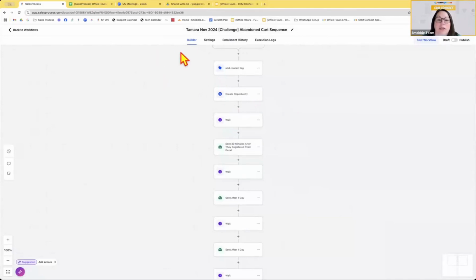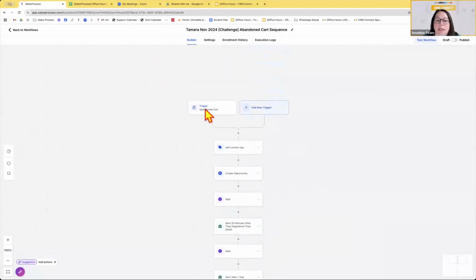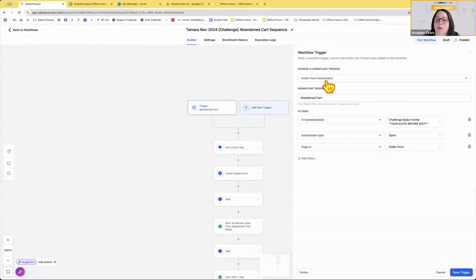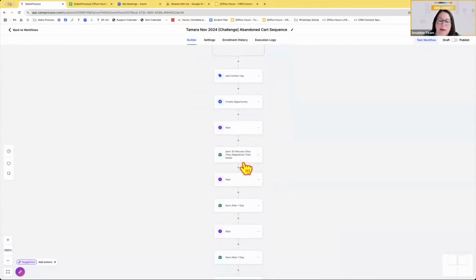For the trigger, Glory, that one is order form submission. That's your trigger, is order form submission. But you want to use the filters to tell it which funnel it's in, and your submission type is an opt-in, not a sale. Okay? So here,